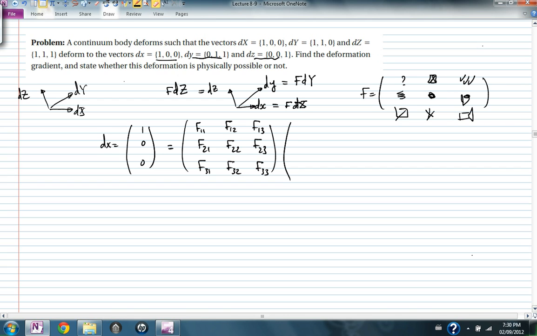Multiplied by the original dx, which is 1, 0, 0. So these are basically 3 equations. 1 is equal to f11 multiplied by 1 plus f12 multiplied by 0 plus f13 multiplied by 0. 0 is equal to f21 multiplied by 1 plus f22 multiplied by 0 plus f23 multiplied by 0, and so on. So these are 3 equations, 1, 2, 3. The third equation is